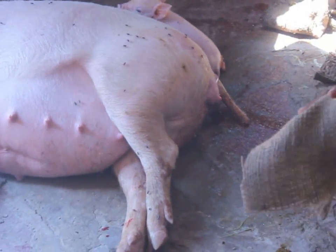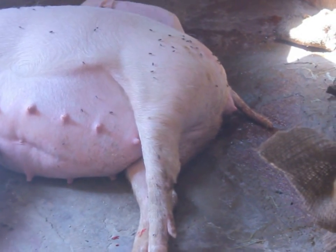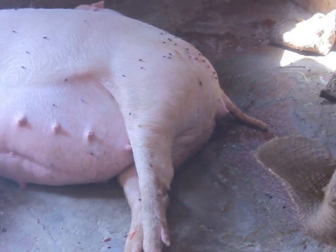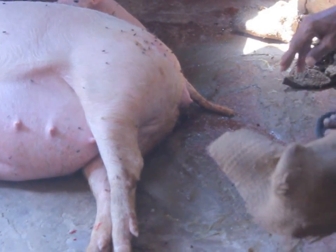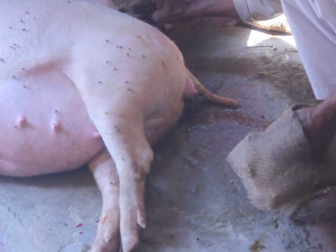The two uterus that I was talking about, within that there is a big protective jelly which houses all the kids. And once the pregnancy is complete, the mother will throw out those two protective jellies, sometimes one by one, sometimes all together. These are two big jellies, a big mass that will come out of the vulva. And I'll try to cover that today if possible, showing you the vulva and all. But